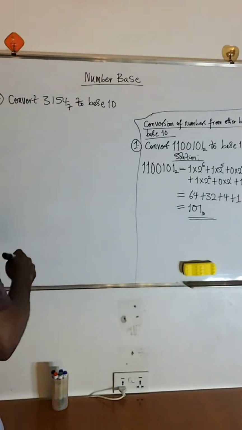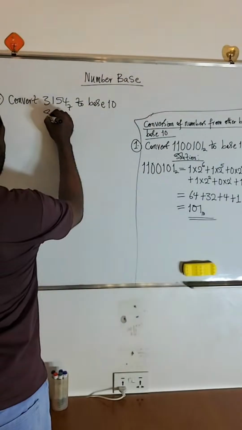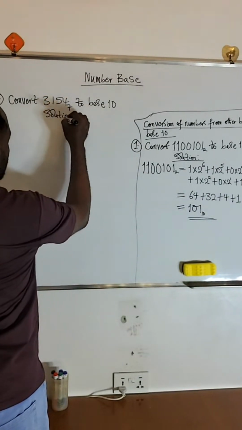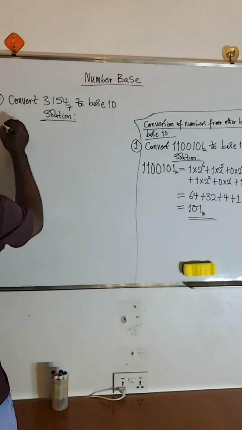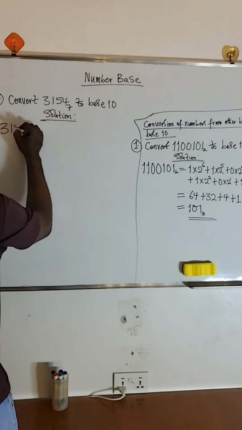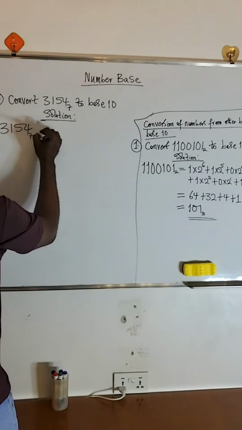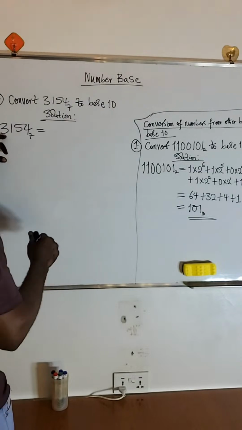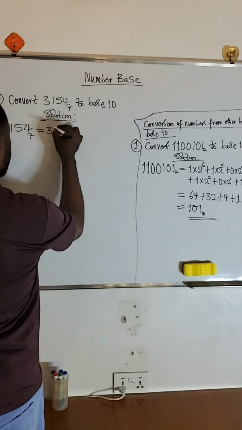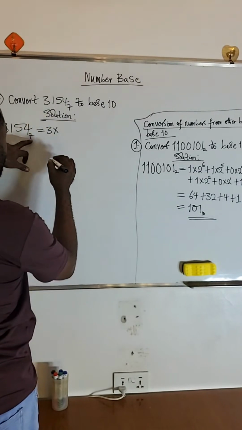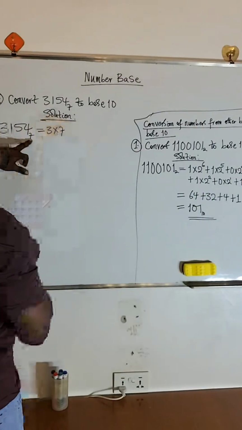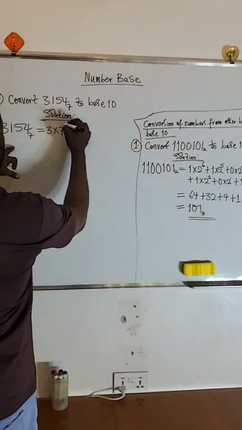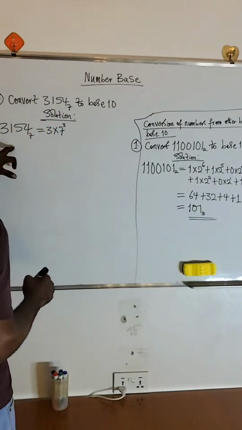All right, so this will be it. Okay, we have 3154 in base 7 to be equals to, this is 3 times the base, which is 7, raised to the power of the remaining digits, which is 3,